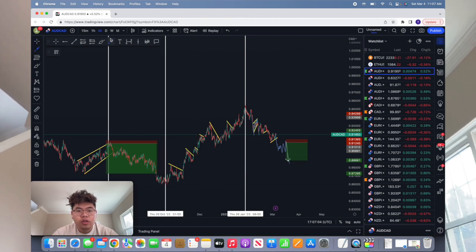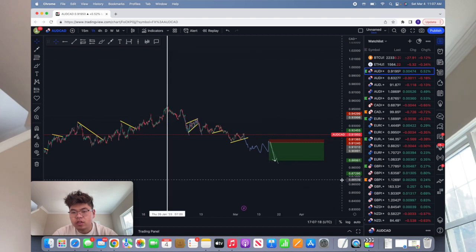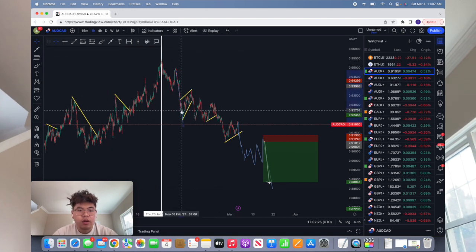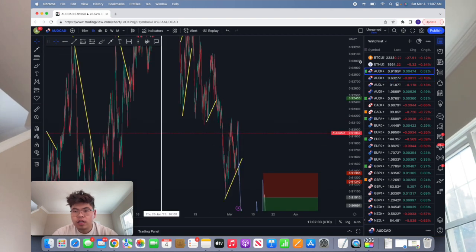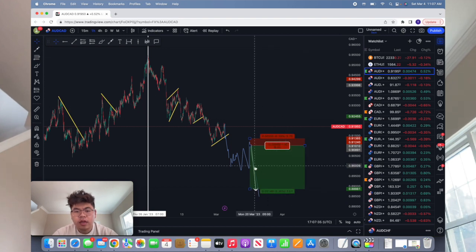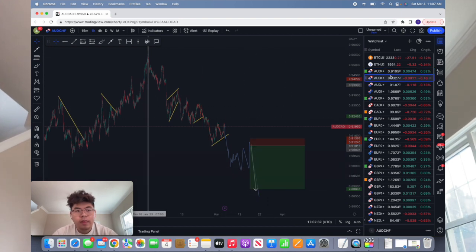So when we understand the flow of the market, we also want to enter on an entry position. And right now, there's nothing that we're looking to enter. Entry precision is just as important as market direction. So we're just going to wait for opportunities. It's something that we're going to put on the list to look at. AUD CAD is going to be on the list for us to monitor and see structure for entry.